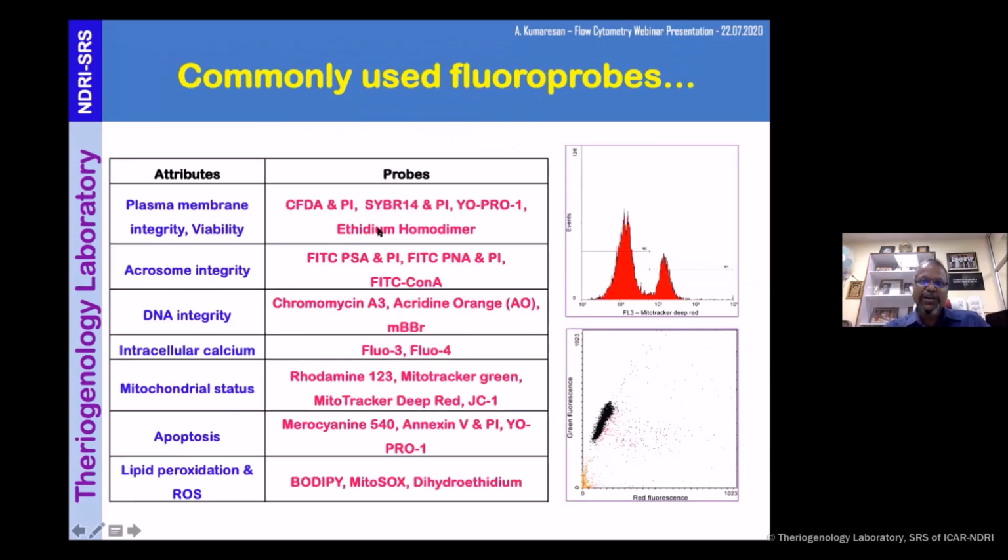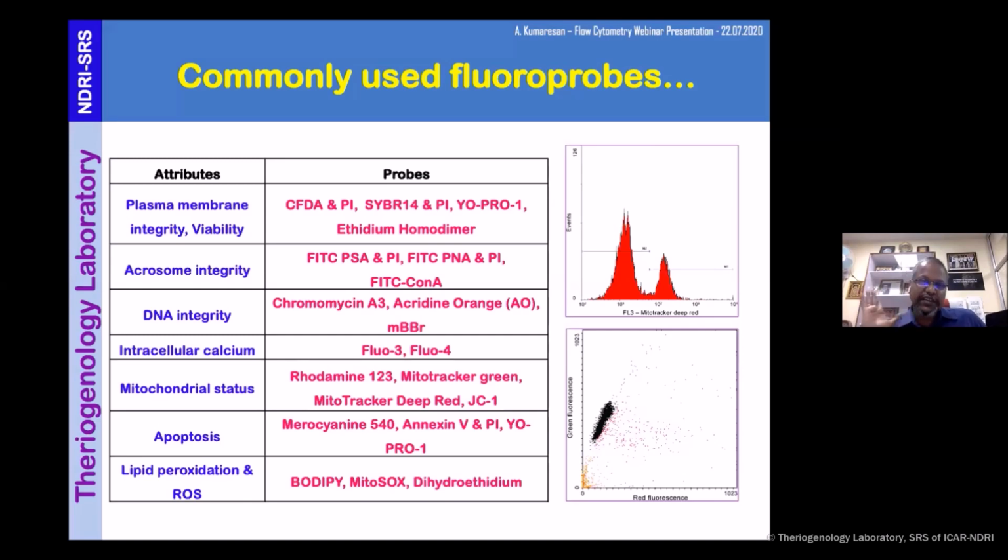So these are all the commonly used fluorophores. DNA stains stay irrespective of anything, as long as DNA is there. But what CFDA, carboxyfluorescein diacetate, does is get into the living cells, and it is non-fluorescent. It has to be acted upon by esterase. When the cell is metabolically active, the esterase acts on this and cleaves the diacetate. So carboxyfluorescein is the pigment that comes out, and that gives the green fluorescence. That means metabolically the cell is active and viable. SYBR says yes, the membrane is intact. That is the minute difference between these two.